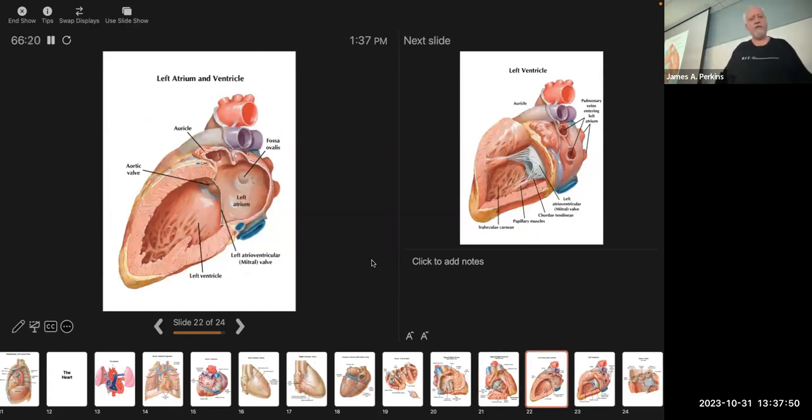All right, jumping over to the left side of the heart, I don't have pictures to show you exactly how you're going to do these dissection steps. The next thing you'll dissect would be the left atrium. You're going to want to approach the left atrium from the back of the heart. Basically, you're going to make a small upside-down U-shaped cut in the posterior wall of the left atrium between the four pulmonary veins on the back of the atrium. That's going to allow you to peek into the atrium and look for its